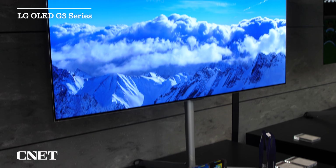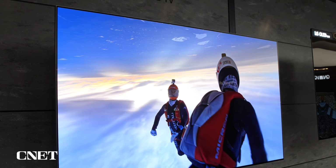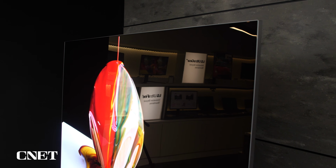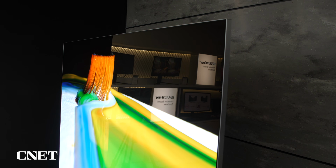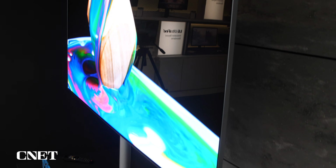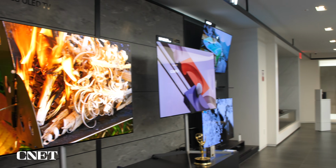One way they're doing that, the G3 here has improved brightness compared to last year. So they're saying about 70% brighter on the 55, 65, and 77-inch sizes. Now that's important because QD OLED is also brighter. So improved brightness gets you better HDR, it gets you better performance in ambient lighting, and a general overall improved